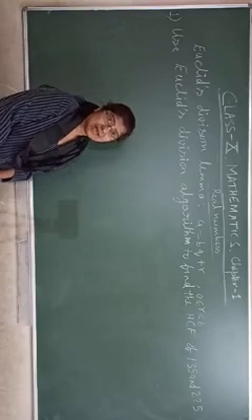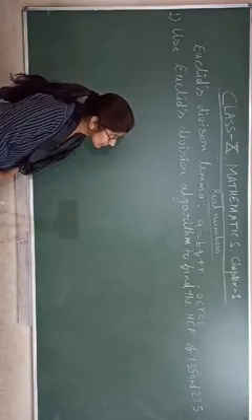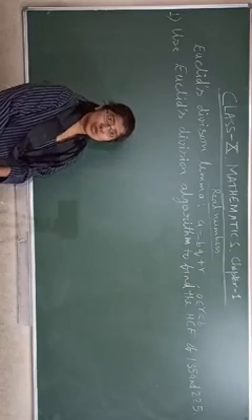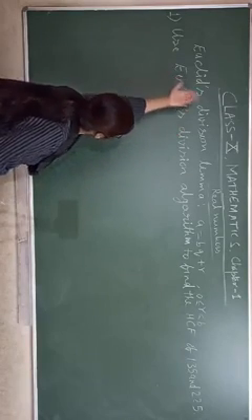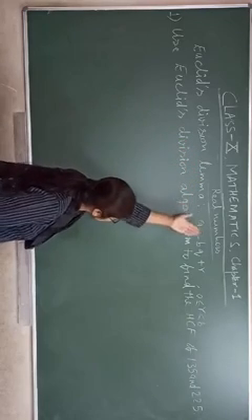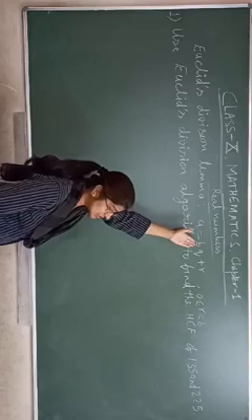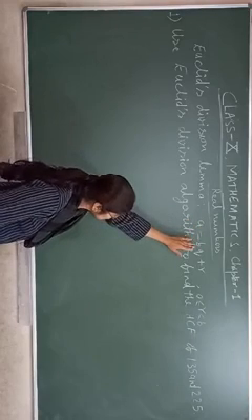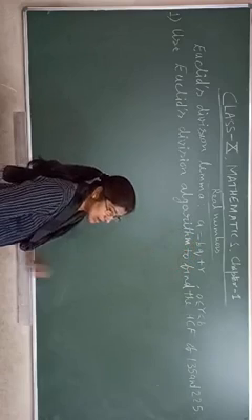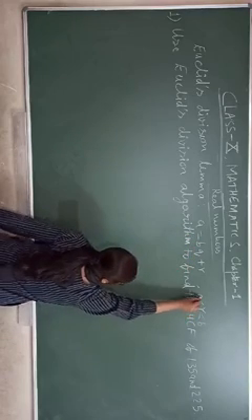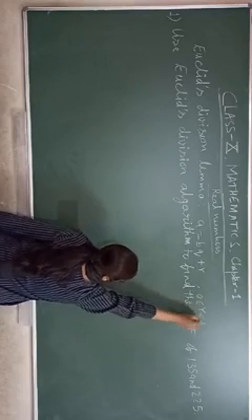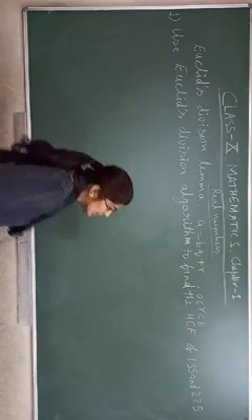Students, this is mathematics class for 10th, first chapter, Real Numbers. In the previous video, I told you about Euclid's division lemma. In short, if a and b are two integers and a is divided by b, we can write a = bq + r, where r lies between 0 and b. r can be equal to or greater than 0, but it is always less than b.